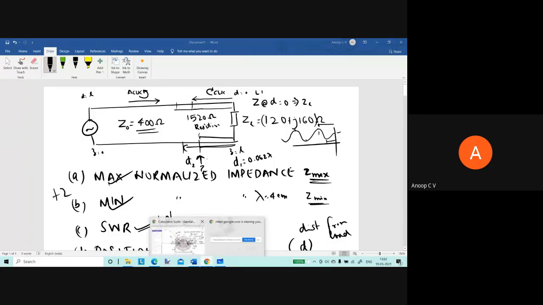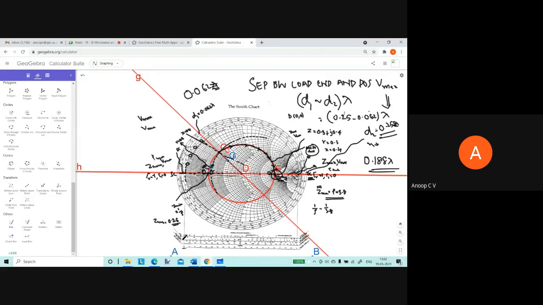Similarly, I'm going to wind up. If you want to find minima, you start from this load end and travel all the way; you find first maxima here, then you travel towards the generator end to find the first minima. The left hand side point along the real axis is the first minima point. You start from the point with d equal to 0.062. The rightmost end is 0.25 lambda, and the leftmost side is about 0.5 lambda, that is the end point.